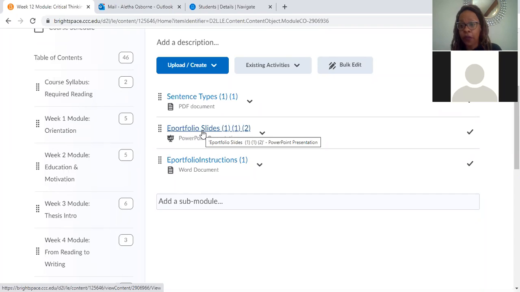And it has to have gone through the revision process. It has been revised. So that is a required component. Another required component of the ePortfolio is going to be the CRT essay. Okay, even though we don't have this ready now to add, when you guys complete the CRT and submit that